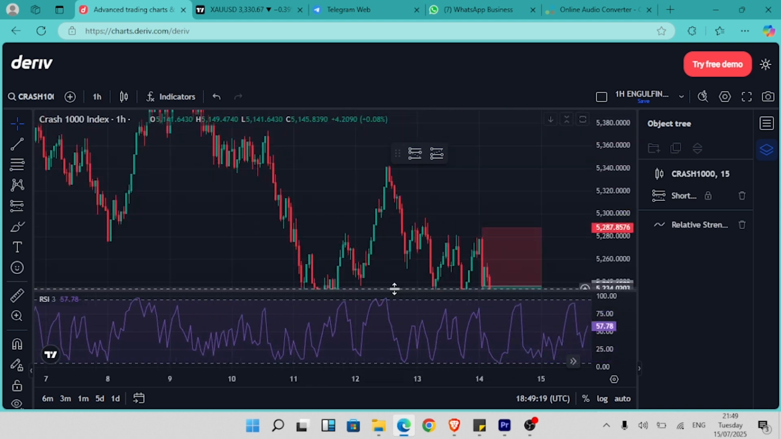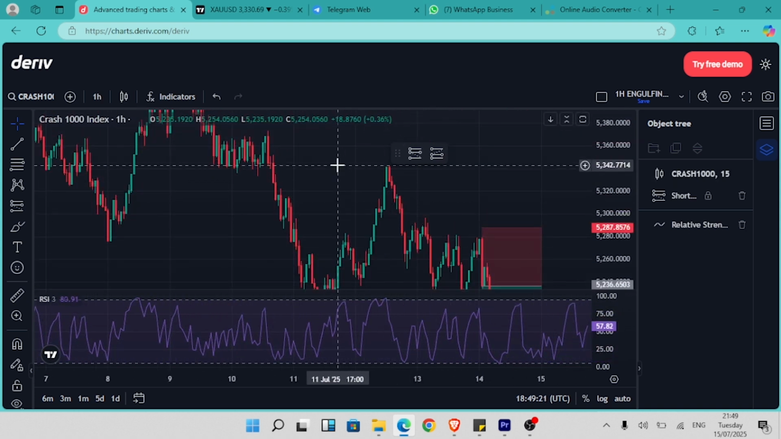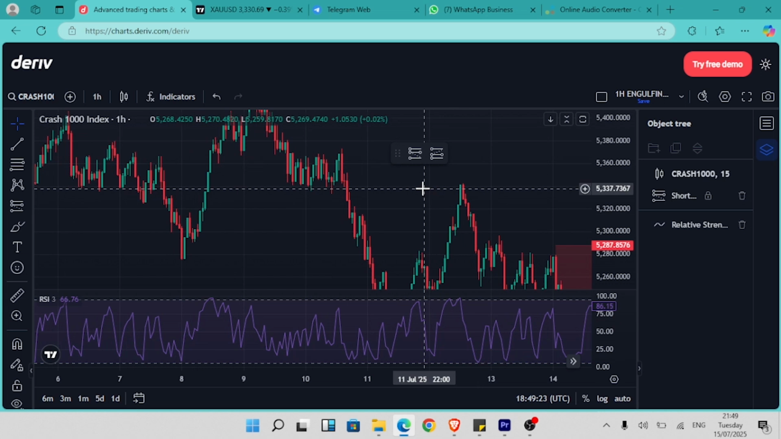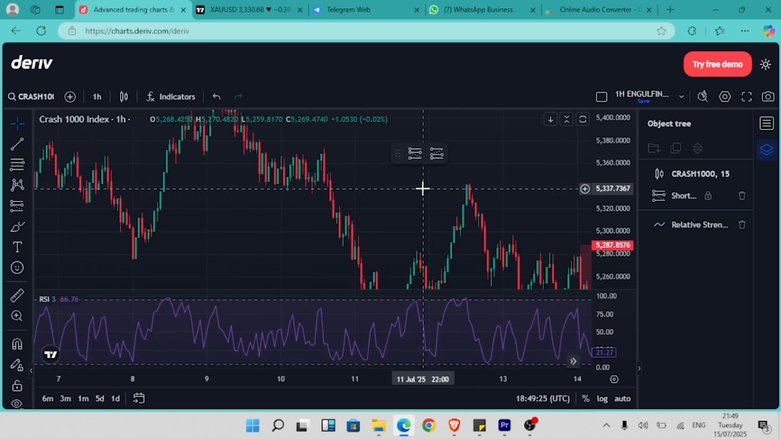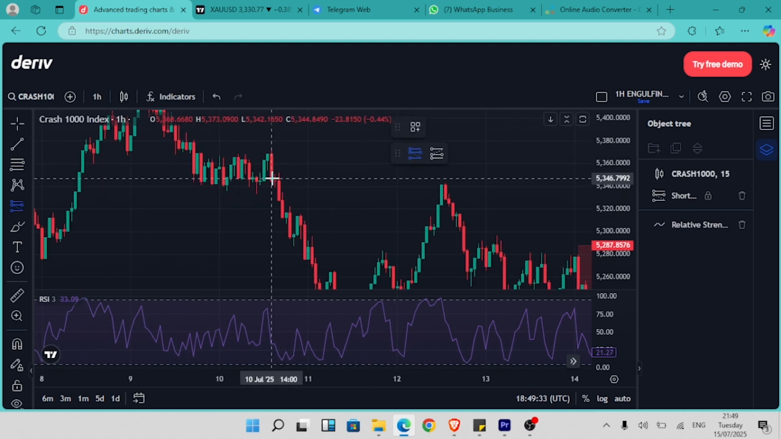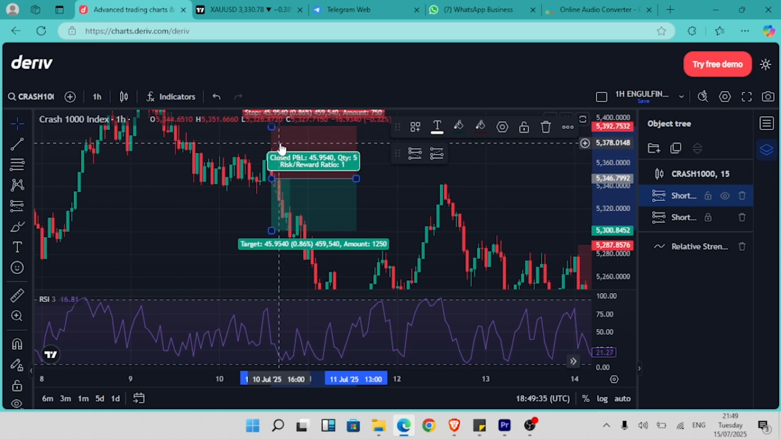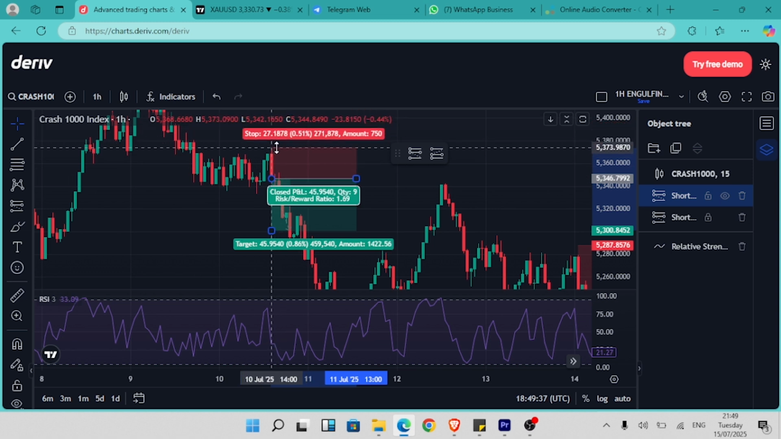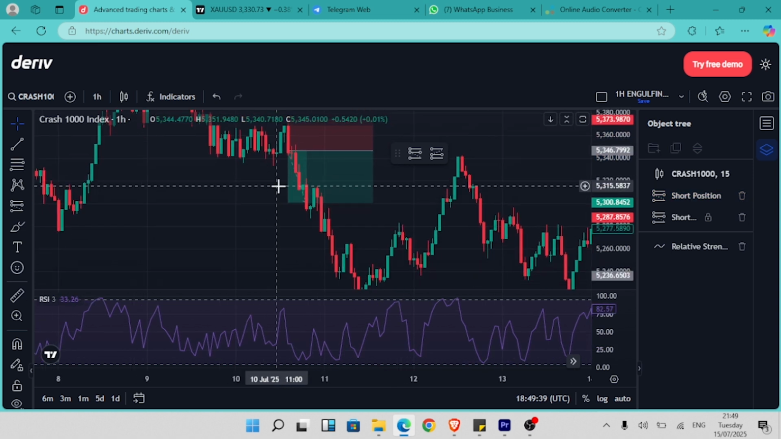We want a bearish engulfing candle. This one was not bearish engulfing. You can see this one here. Let me try and use the mouse. This one here was a bearish engulfing candle. You mark that with this tool, and then stop loss right above that bearish engulfing candle, and then you want